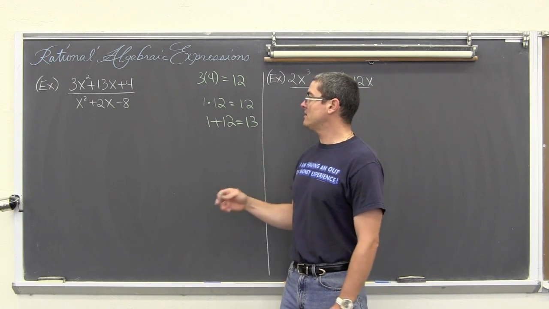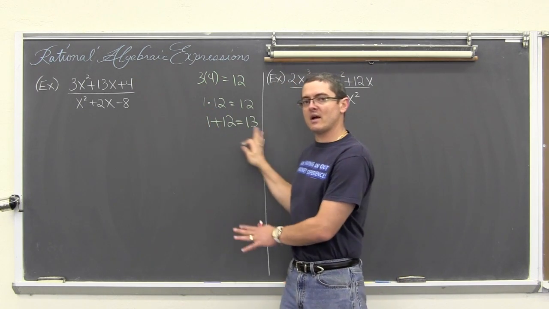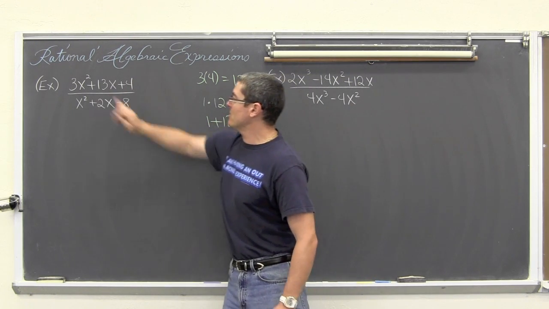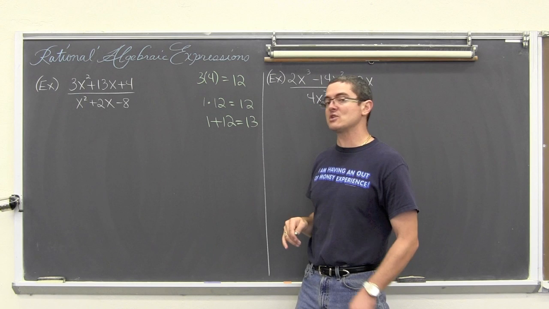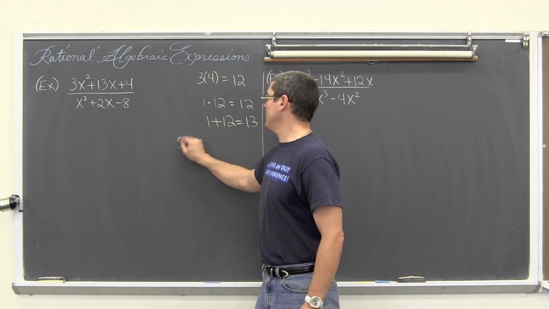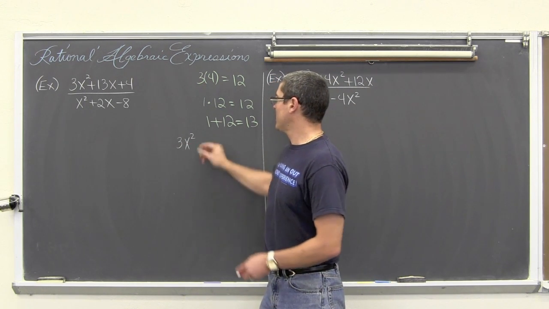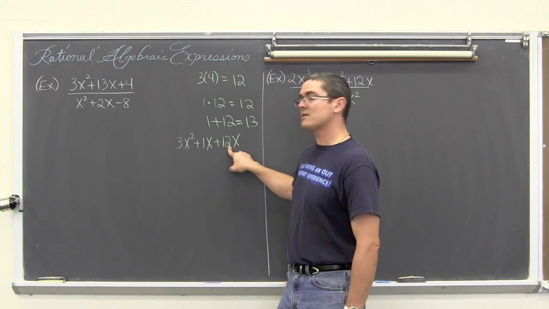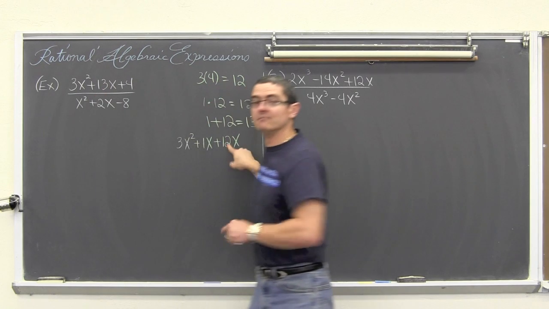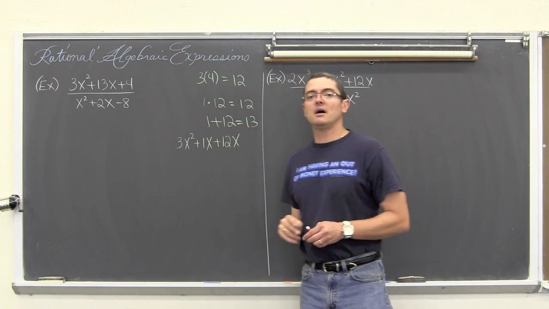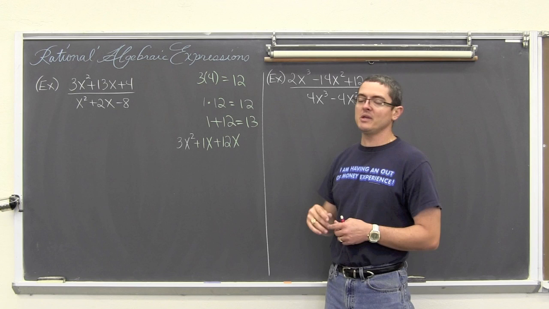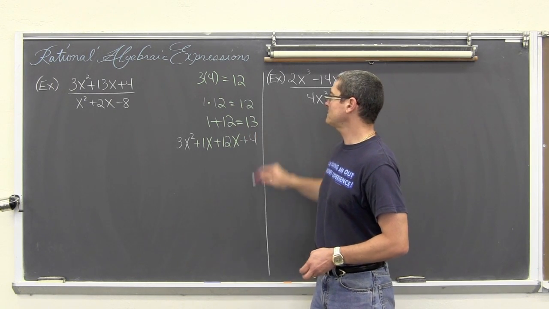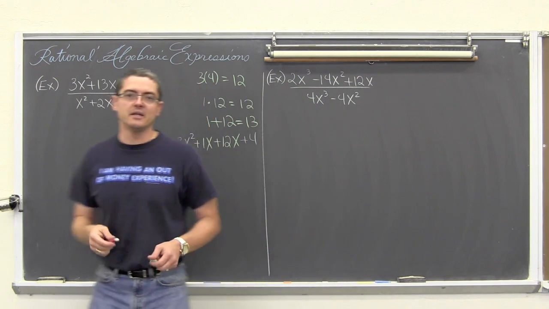So we're going to then rewrite, I'm doing this again as scratch work off to the side here. I'm going to take this and rewrite it so that the middle term has these two coefficients. So we have 3x squared plus x plus 12x. Now 1x plus 12x is equal to 13, right? So I'm just making this numerator, the top polynomial, look different, not change its value. Plus 4. Okay, so we're going to factor by grouping.